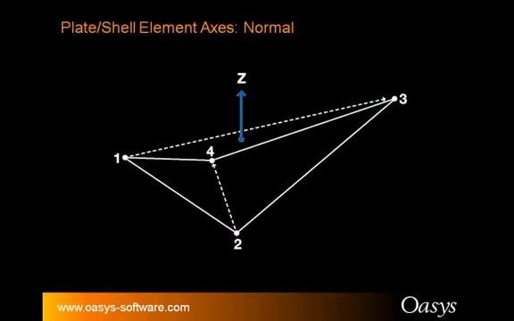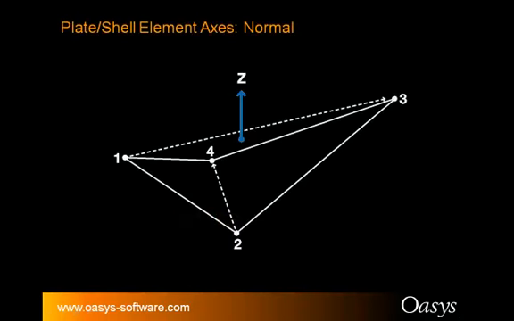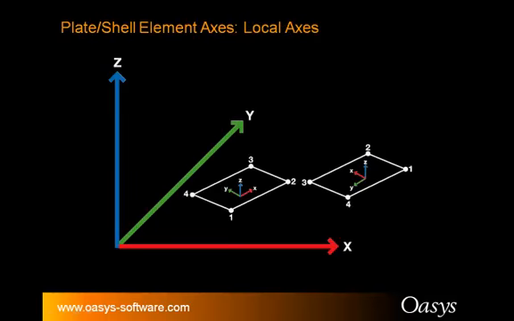Oops. So 2D elements. The axes on 2D elements are a little bit more involved than 1D, for obvious reasons. There are more points to worry about. The element z-axis, local z, is defined by the two cross vectors, and then the local x and y axes of the 2D elements are defined by how you define the element itself. If they're set up by local axes,